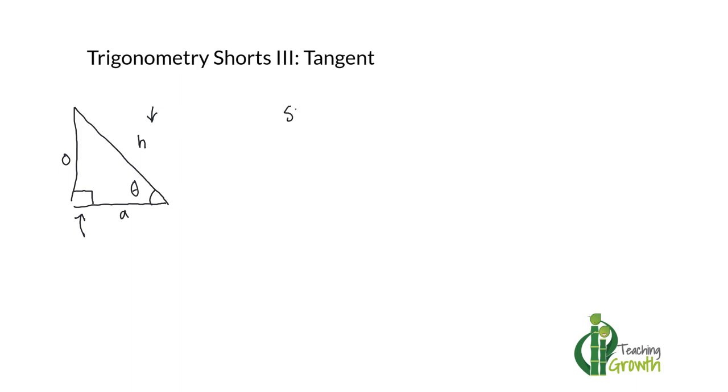So remember our SOHCAHTOA mnemonic. Sine, cosine, tangent would be sine opposite hypotenuse, cosine adjacent hypotenuse, and tangent opposite adjacent. So what this means is that the tangent of an angle, this angle in this case, remember, just like